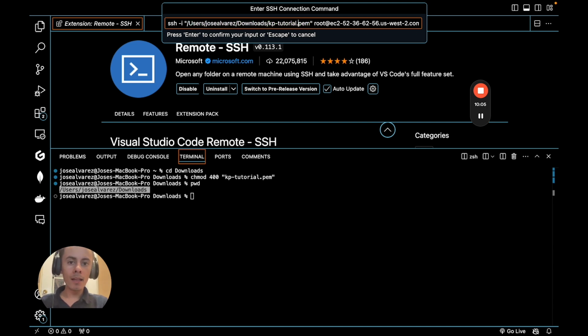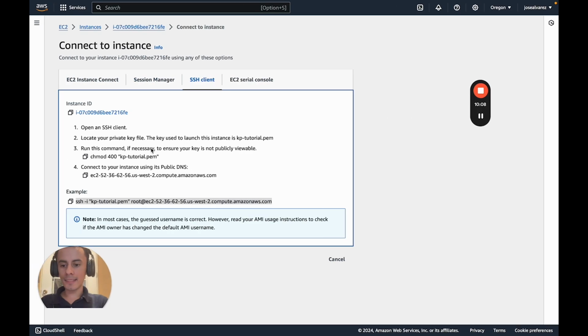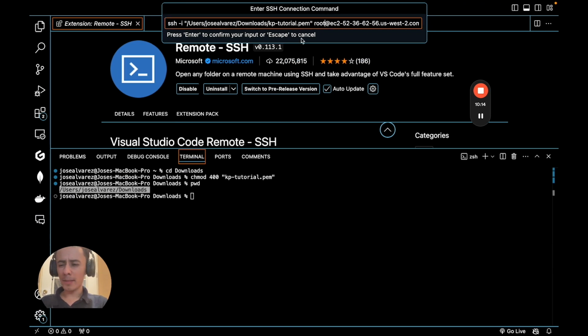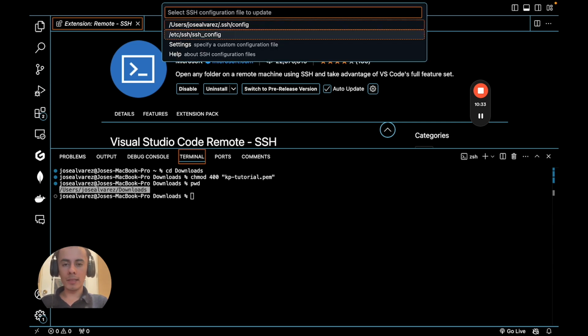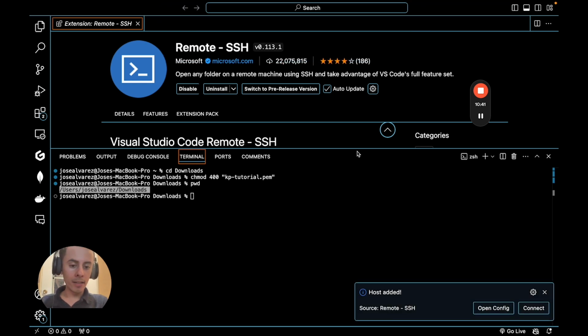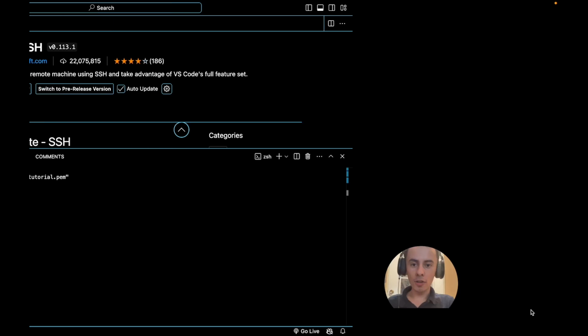Okay. Another thing to note is that even though here they suggest you connect with the root user, the NVIDIA Optimized Amazon Machine Instance, or virtual machine instance, complains, it asks you to use Ubuntu for whatever reason. So please use Ubuntu if you're following this tutorial to the letter, okay? So we use Ubuntu as the user, and then we click enter, and we click enter again, which should be the first option. Okay, host added,